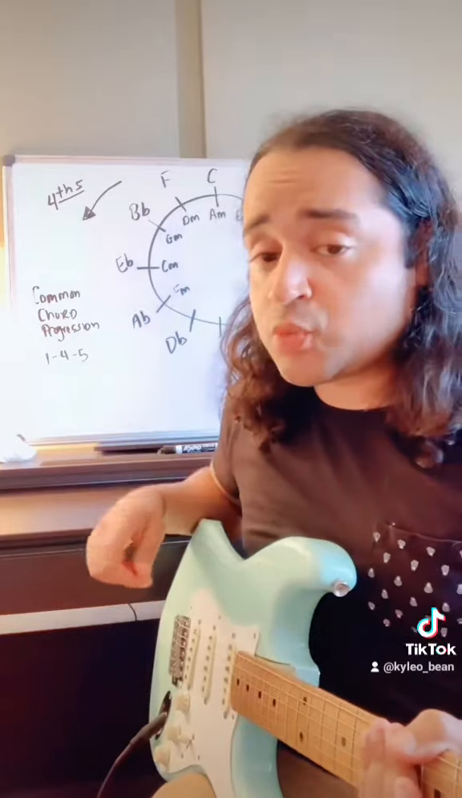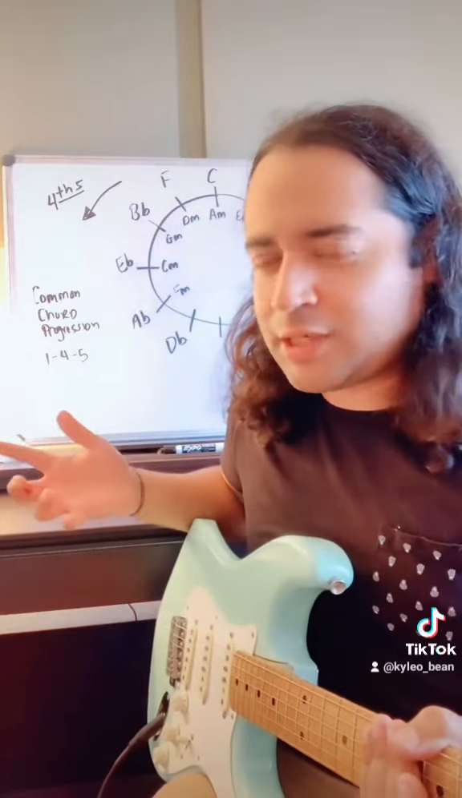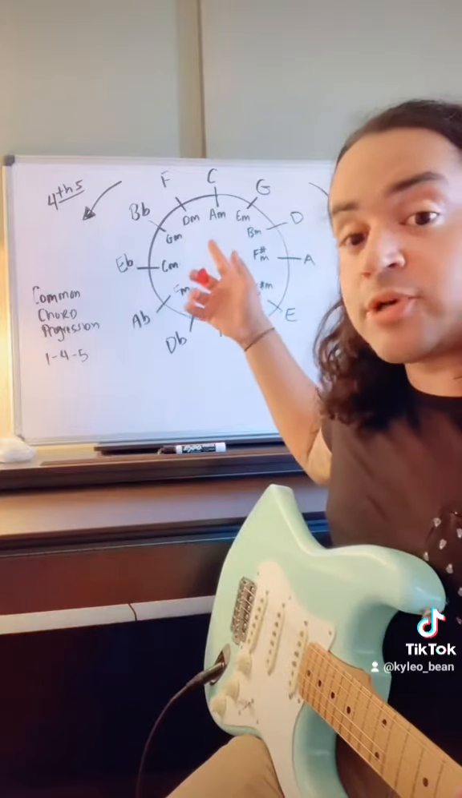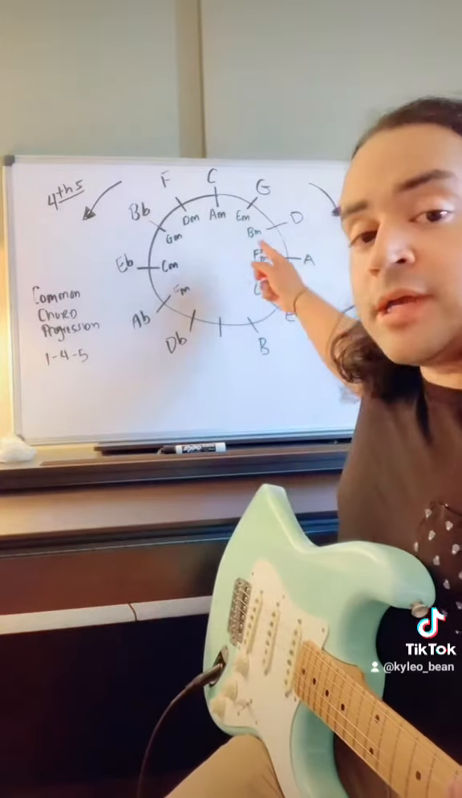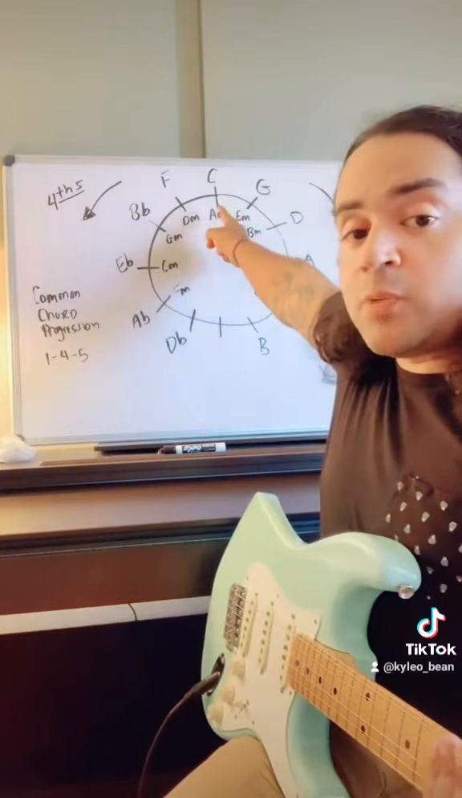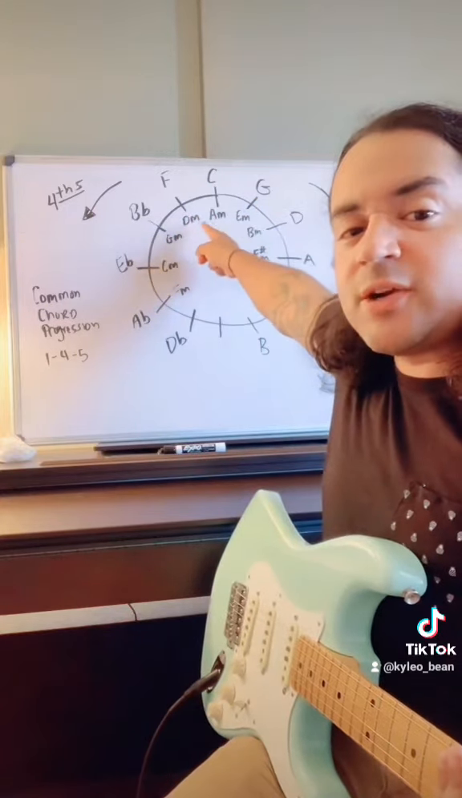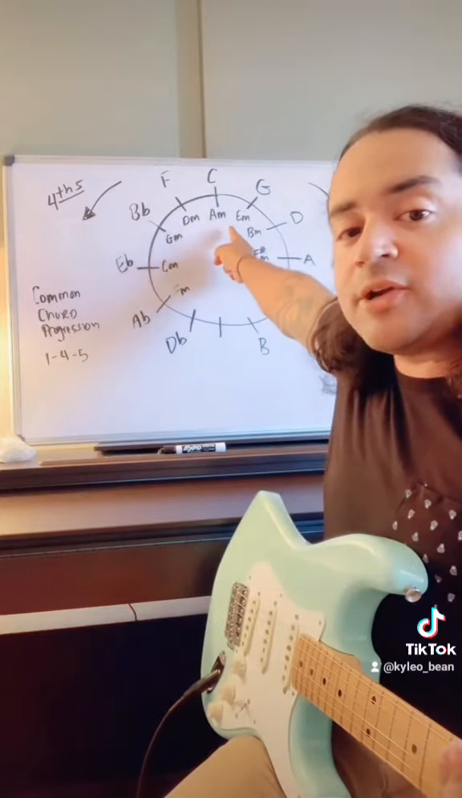Once you establish what a 1-4-5 is in whatever key you want, you can actually add the relative minor chords that belong in that particular key. So for example, in the key of C, C is my 1, F is my 4, G is my 5. I can use all those minor chords, D minor, A minor, and E minor, to